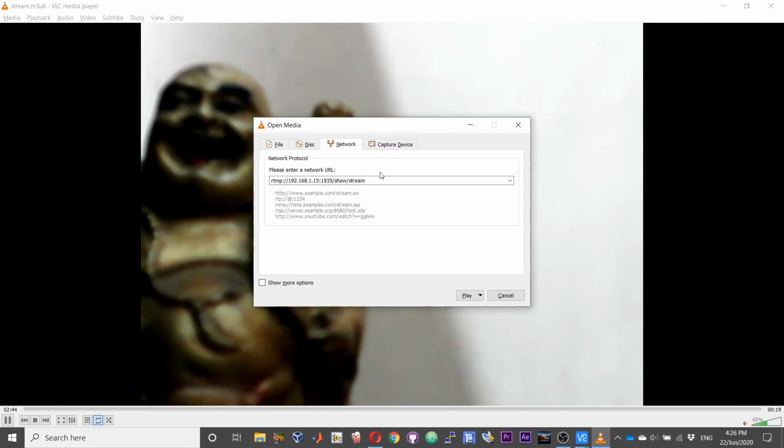Okay, so this is the same command that you gave along with ffmpeg for the RTMP sink. The only addition is we are replacing the localhost with the IP address of the Pi followed by the port number. Now choose play. So now we have the webcam stream from our RTMP stream. That is, now we are playing the RTMP webcam stream.